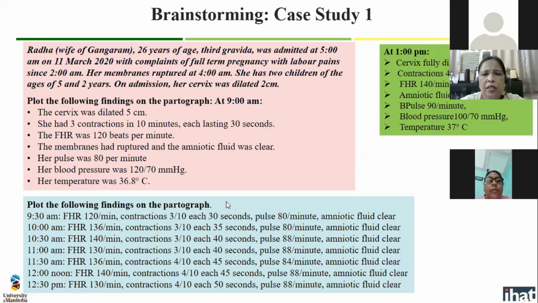Starting, the cervix is 5 centimeter dilated. Now she's in active phase. She had 3 contractions in 10 minutes. These last 30 seconds. The fetal heart was 120. The membranes have ruptured. तो ये सारा सिनेरियो जो चीजें दी हुई हैं, तो हम पार्टोग्राफ पे आते हैं, हाउ